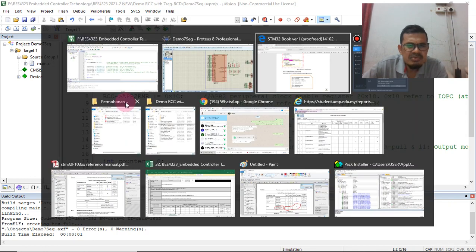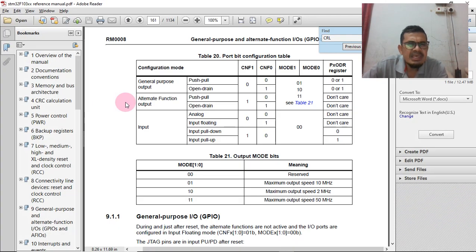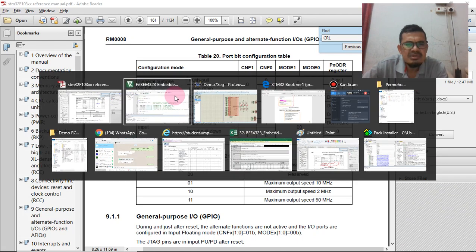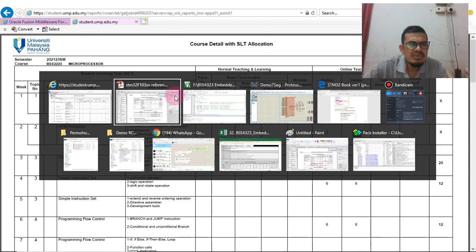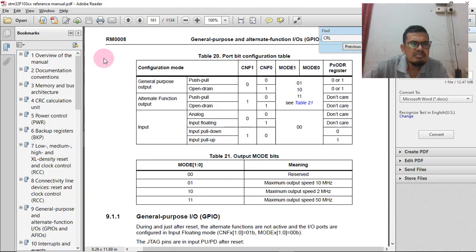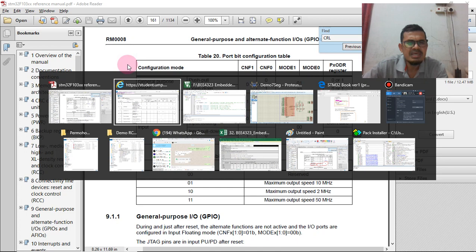Where is the manual? Here, but not this one. Back installer STM32. No, maybe this one. Oh, wait a moment. STM32, where is it?